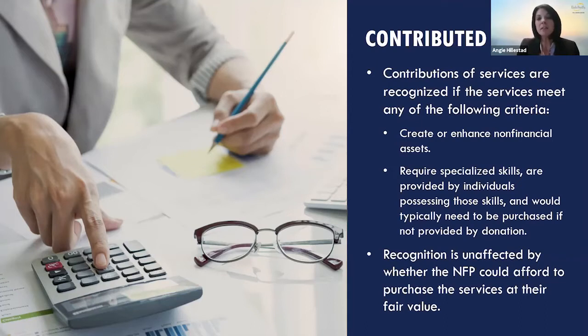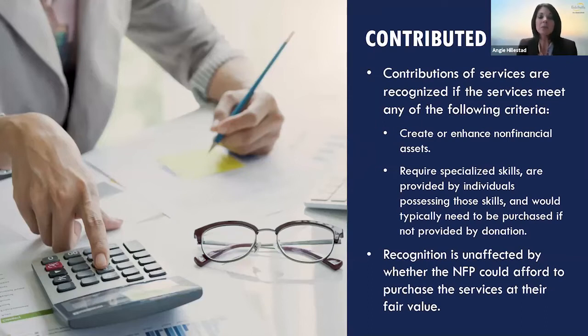So some examples to think about here of transactions that would be recorded in the financial statements are donated architecture on a building project. So let's say we're embarking on building a new space to operate in, and we've conducted a capital campaign. We've got a lot of financial contributions, and the architect of the project comes to us and says, we really love the mission. We want to donate to your project, but we would like to donate in the form of donated services. So we're not going to charge you at all for our architecture services.